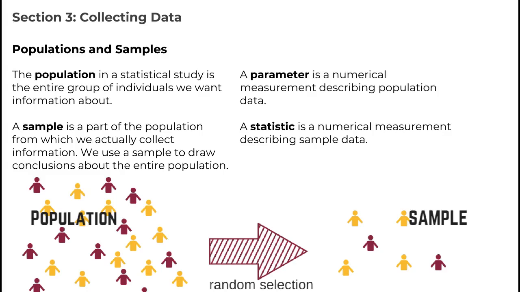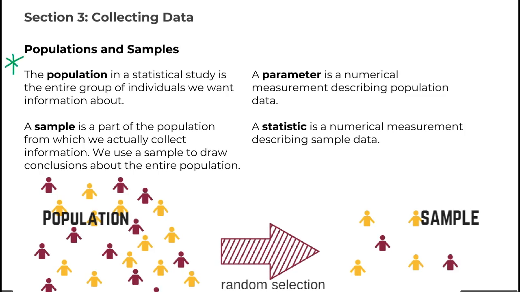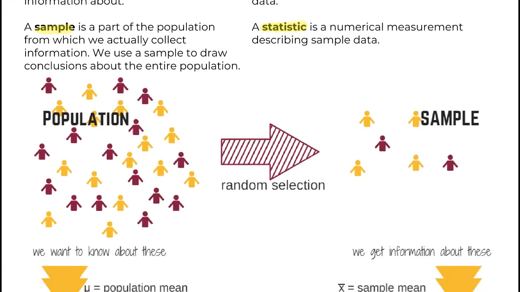All right, so section 3 is all about how we can collect data. And the very first topic in section 3 is just this idea of populations versus samples. Now, this section is one that is almost always on the exam. These 4 definitions: population, sample, parameter, and statistic. And I have a cute little graphic I made here below, sort of breaking down the difference between these 4